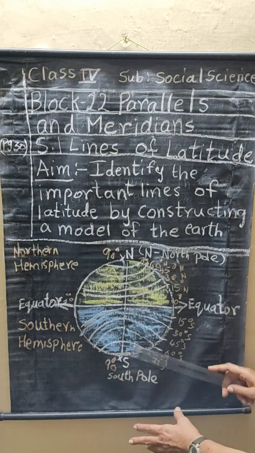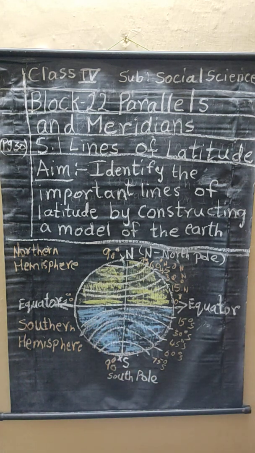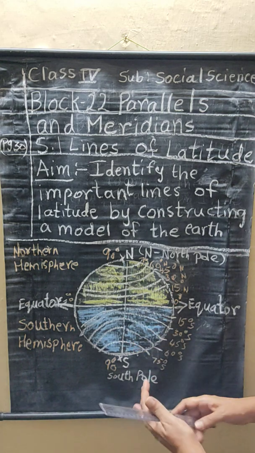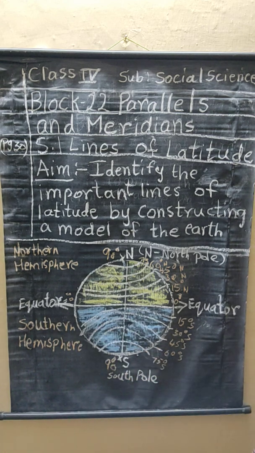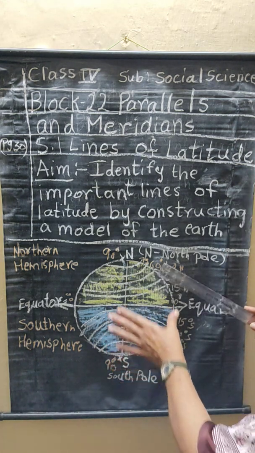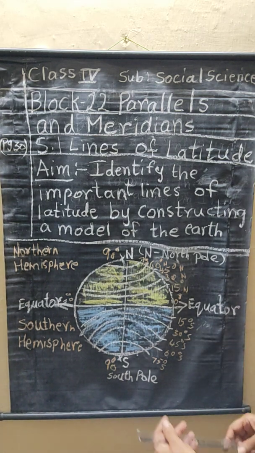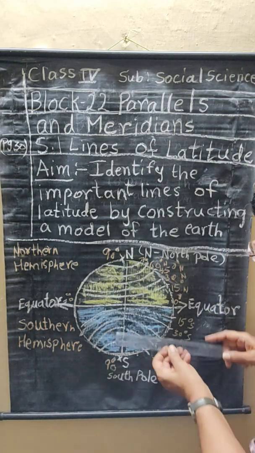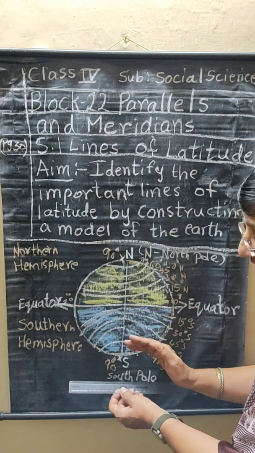Now, in the center, it is the equator. That means the earth has been divided into two parts, right? They are equal. That is why it is known as the equator. Okay? You understood? Now this yellow color, that is why we have colored it and shown you. This is yellow color and here this is blue color. Now from the middle of this line, the equator, this half side comes under north and here south. Understood, children?